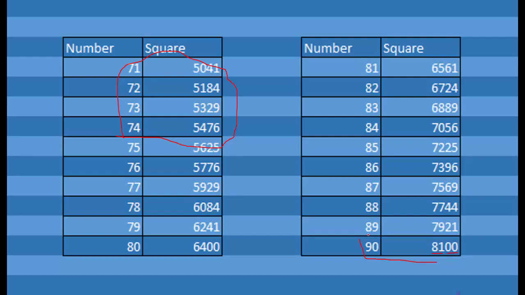Now 89. This is 11 less. The difference will be 11, and we will take the square. This will become 121. Take 21. Now on subtracting 11 from 89, this will become 78. Now add 1. 78 plus 1, 79. So the answer is 7921.